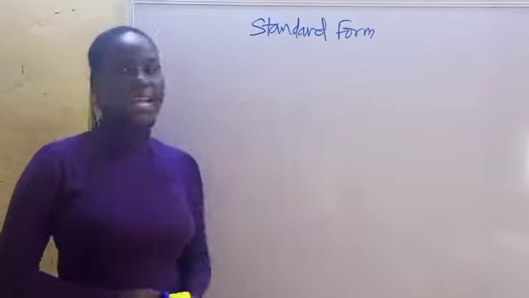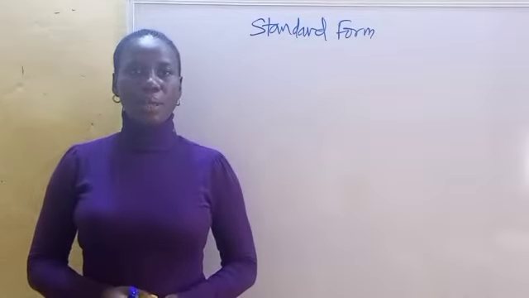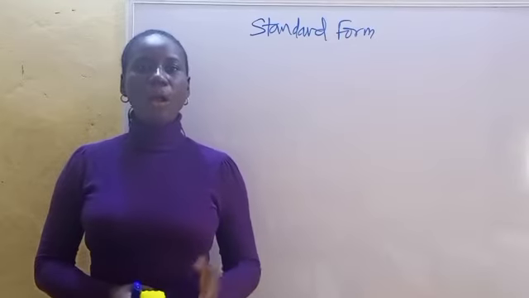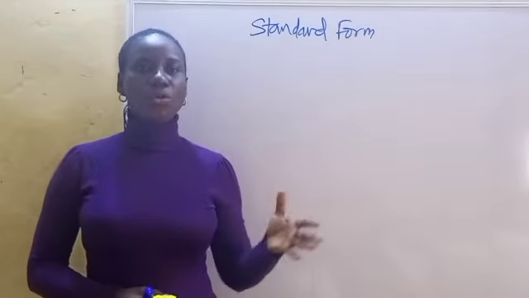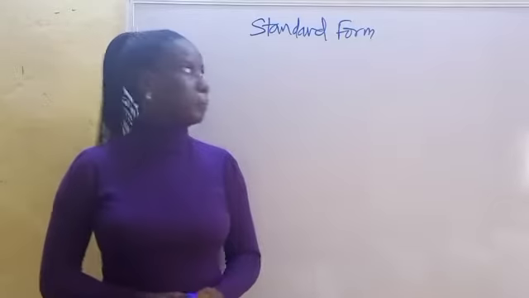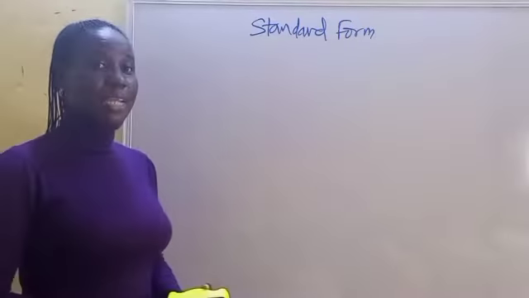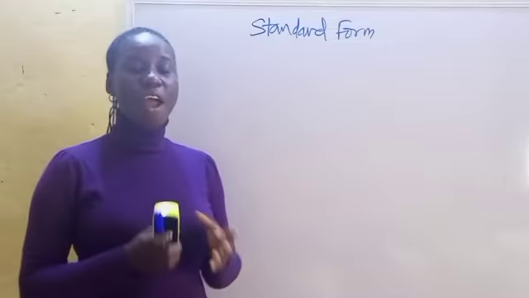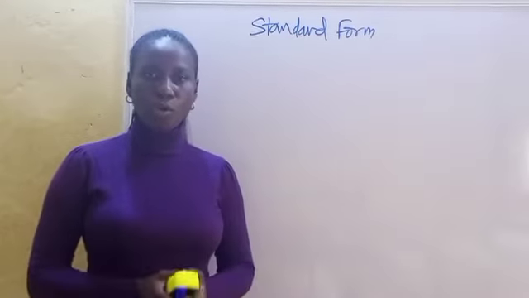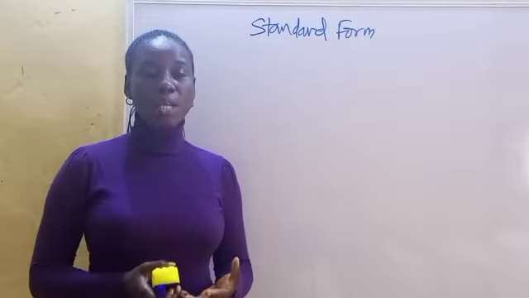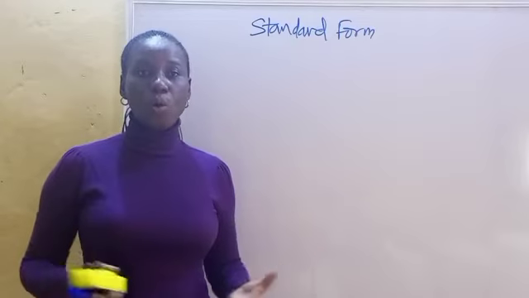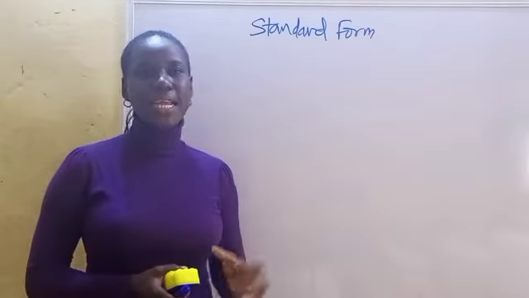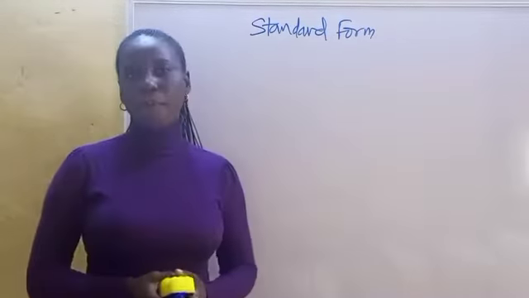Very quickly, we'll be looking at standard form. Previously, we've looked at indices, the laws of indices. Let us also look at standard form. We know that standard form is basically used to express very large numbers or very small numbers. So if you have 1,000,000, 1,000,000,000,000, 1 zillion, continuously like that, you can express them easily in standard form or